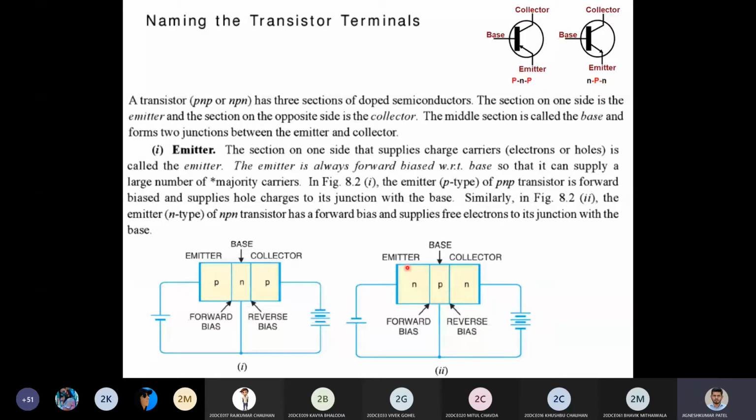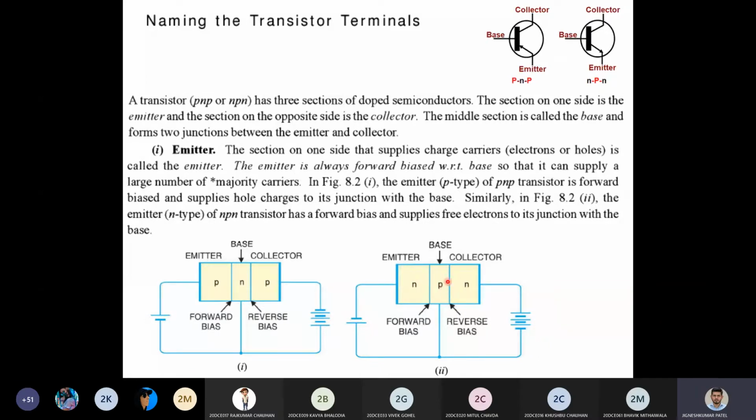Due to the large doping over here, the large N layer, you have a large number of electrons present, and because the PN junction is in forward bias, those electrons will move to this side. Now, according to the thickness of this layer, some electron-hole combinations will occur, and some electrons will be consumed here, and the remaining electrons will be available at this junction.